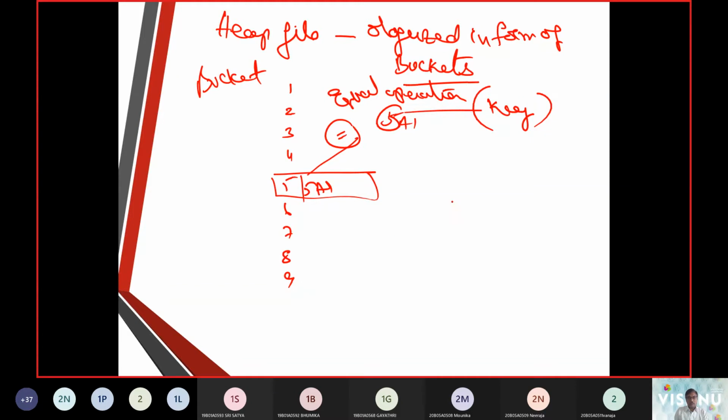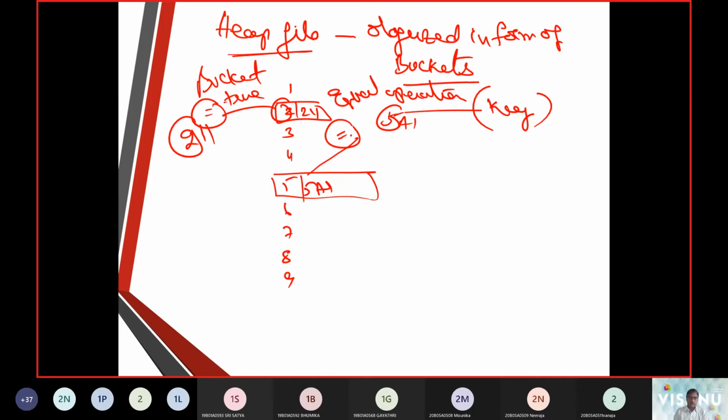Similarly, if I say roll number 211, then what do we do? Roll number 2 is compared with the second bucket, true. Then we push this into the data record. In this way, we are maintaining a heap file in the form of buckets.